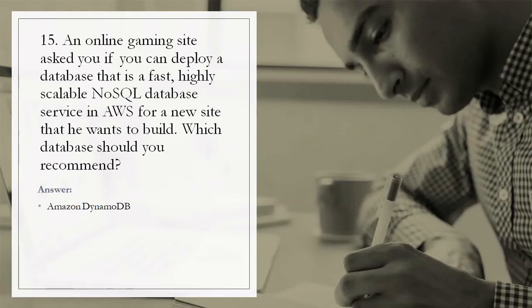Definitely Amazon DynamoDB, because Amazon DynamoDB is ideal for database applications that require very low latency and predictable performance at any scale but don't need complex query capability like joins or transactions. Amazon DynamoDB is a fully managed NoSQL database service that offers high performance, predictable throughput and low cost. It's also very easy to set up, operate and scale. You can start small, specify the throughput and storage you need and easily scale your capacity requirements on the fly.